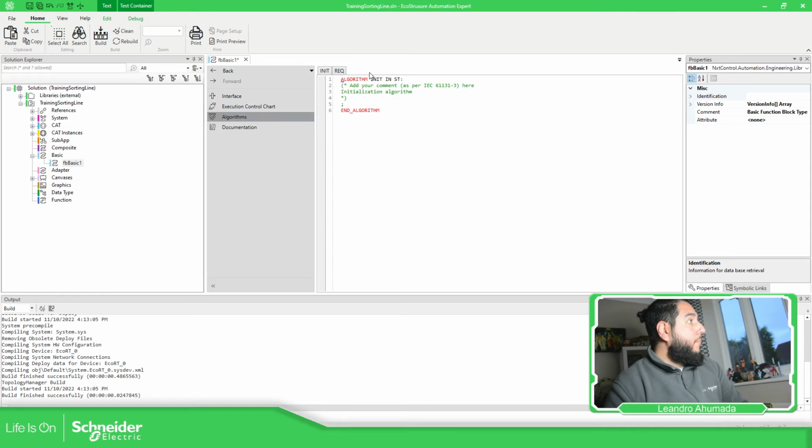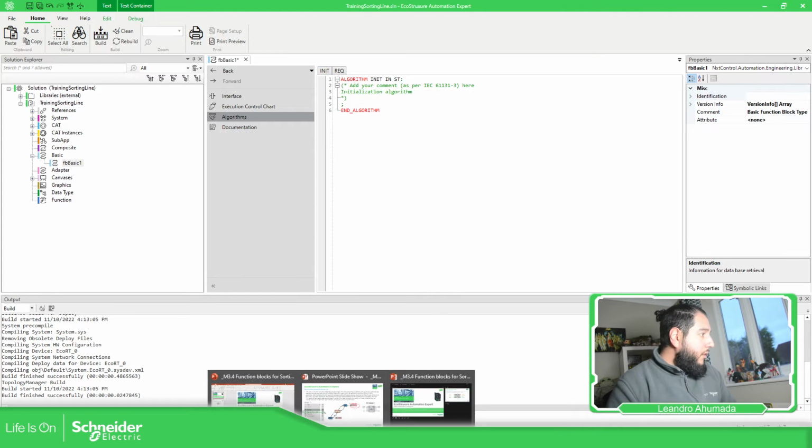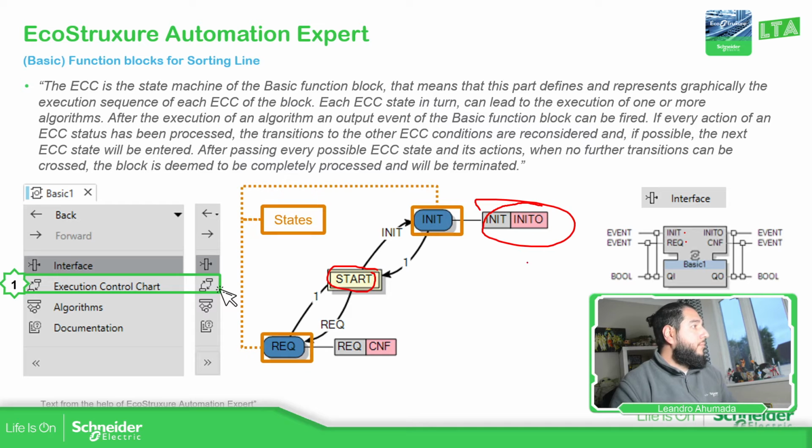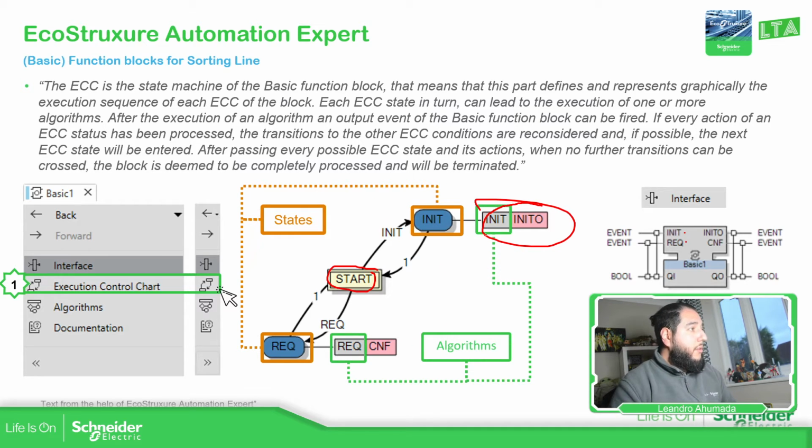Then we have the algorithm. The algorithm is going to be the code that we can execute in 61131, which is the language that we know if we were working on Machine Expert using a structured text. This is what we can do. So if we go back here, this is one of the states, and this one is the algorithm. And you can see how the algorithm is linked to the